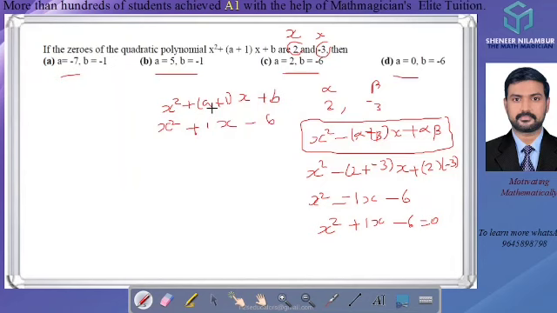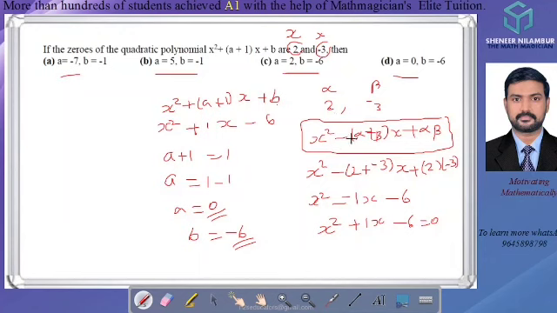We can compare here. Here a plus 1 is equal to 1. A plus 1 is the coefficient of x, which we got here 1. So what will be? A is equal to 1 minus 1. So 1 minus 1 is equal to 0 and a is equal to 0. Similarly, in the place of b it is minus 6. So directly we can write b is equal to minus 6. This is one of the methods. There are other methods also to find out a and b. I think this is the easiest method if you know this equation.